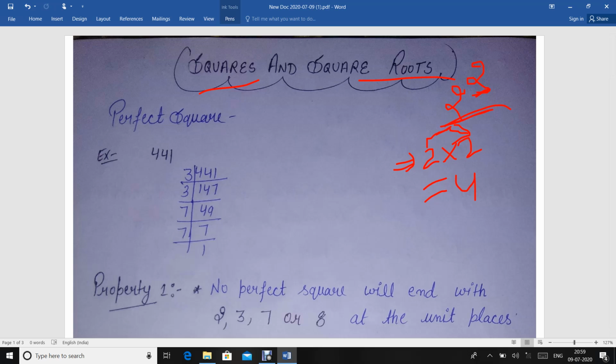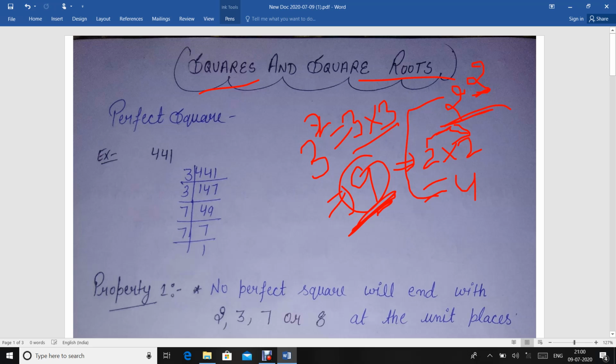The next term is perfect square. A perfect square is when the exponent, or you can say power, of a natural number is 2. The number so obtained is called a square number, or you can say that this is the perfect square. You can take the next example. If you have 3 squared, then it can be written as 3 multiplied by 3, which is equal to 9. So 9 is the perfect square of 3. So this is the perfect square.